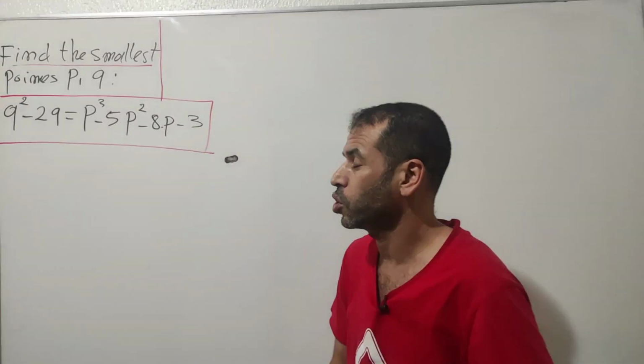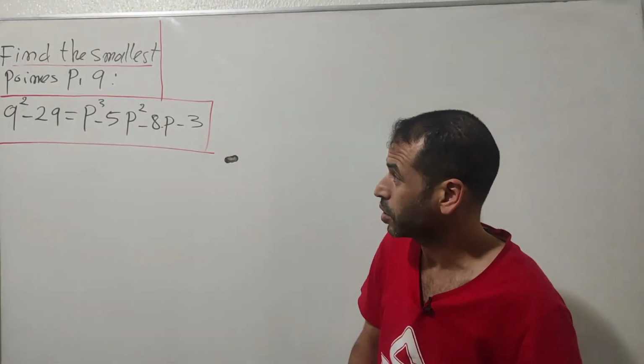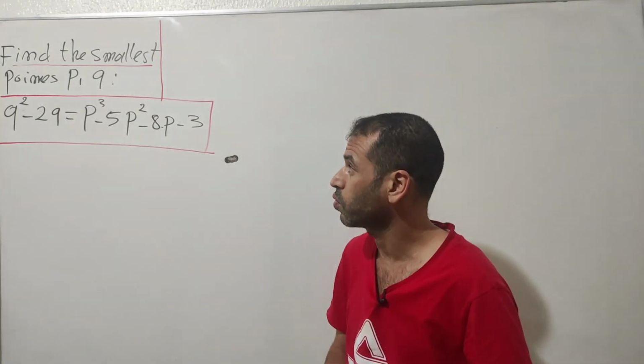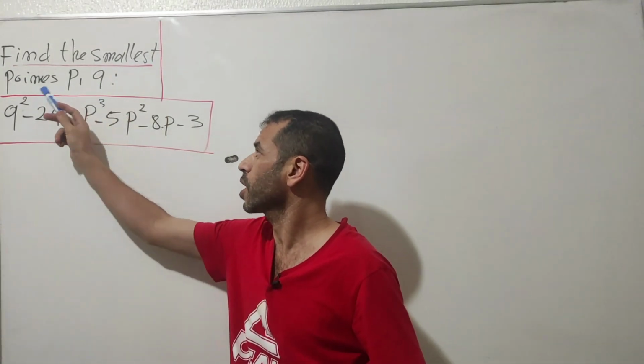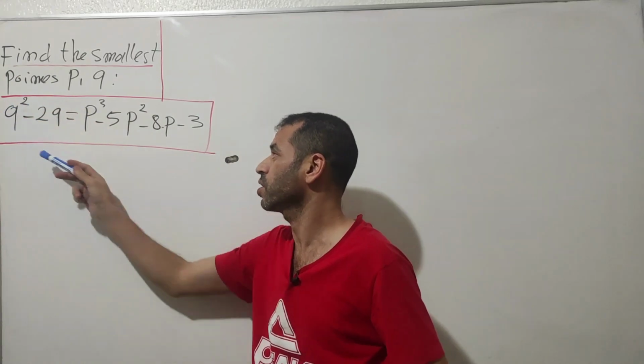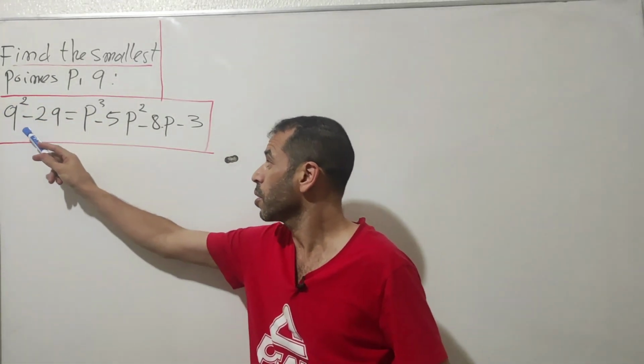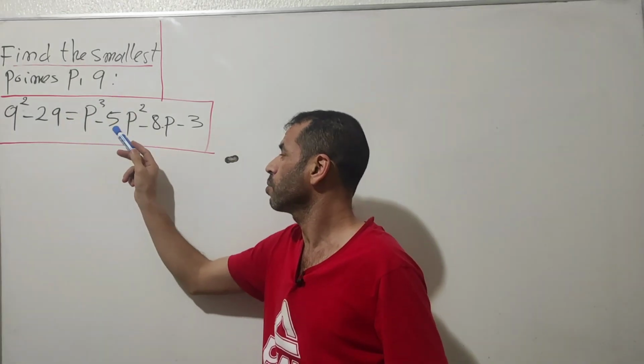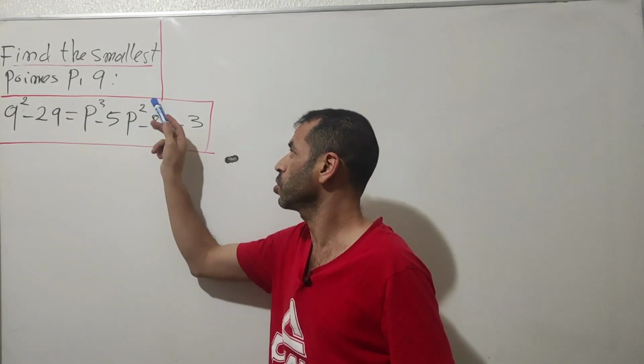In today's video, I would like to introduce a very nice problem regarding arithmetic and number theory. Here is the following setup. Our goal is to find the smallest primes p and q which satisfy the following equation. We have q squared minus 2q equals p cubed minus 5 multiplied by p squared minus